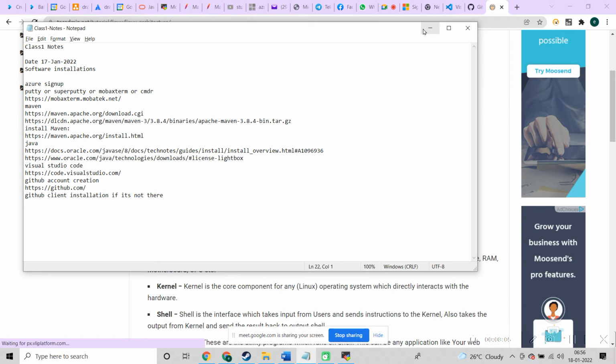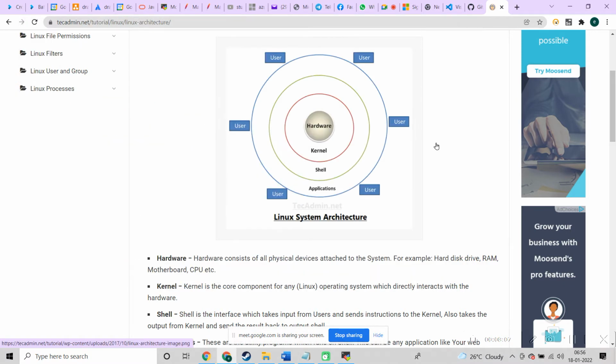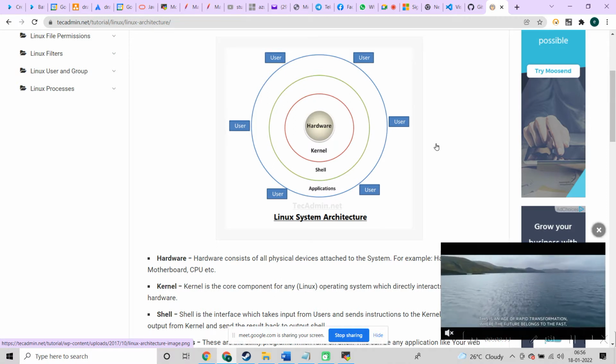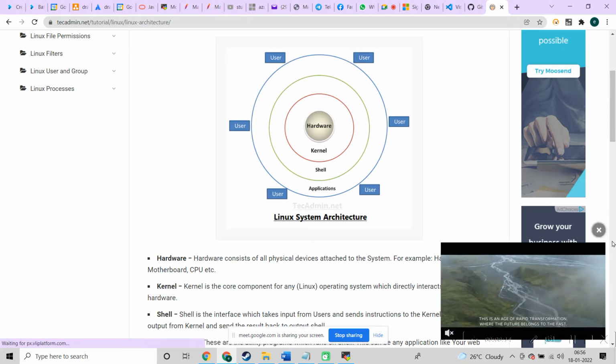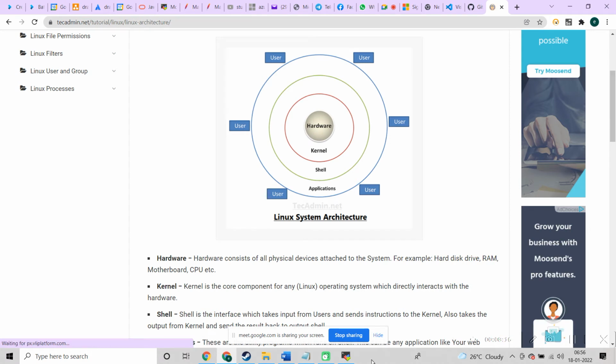In the meantime, when things are getting installed, I want to explain the architecture of Linux. That is important, so let's discuss it. Are you aware how Windows works?